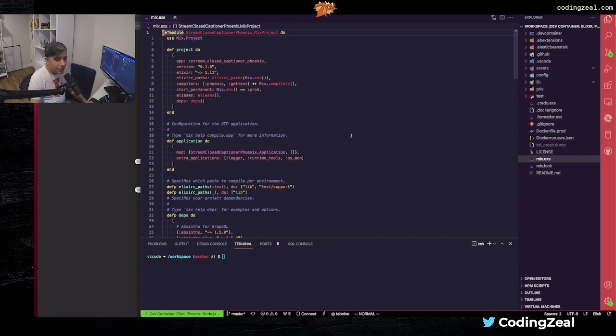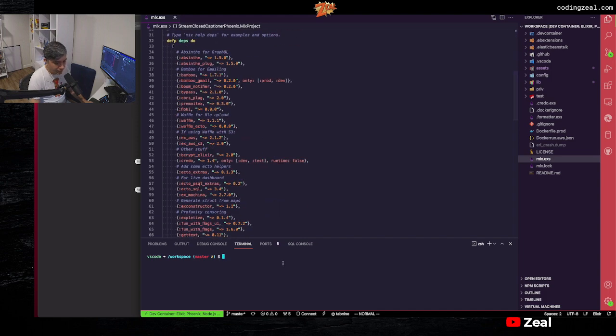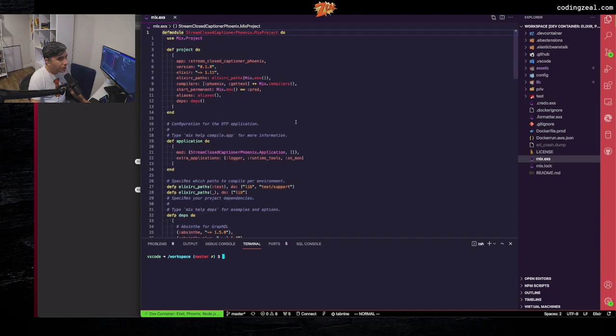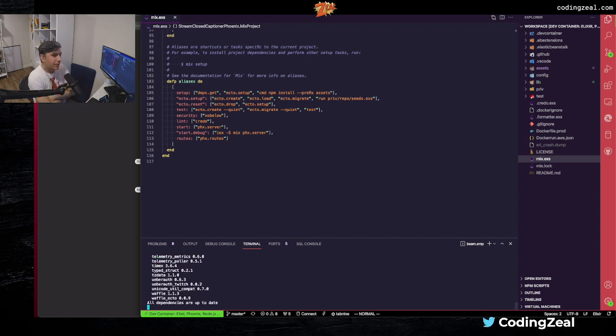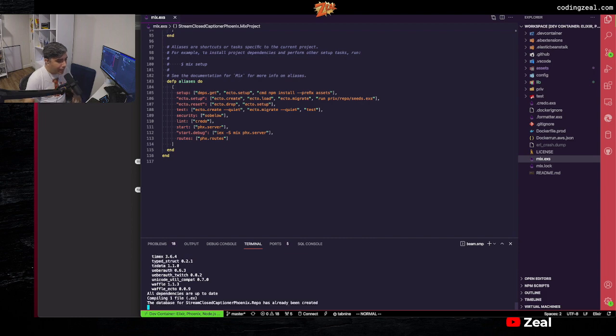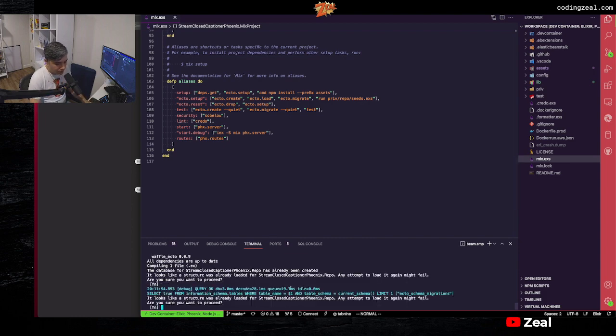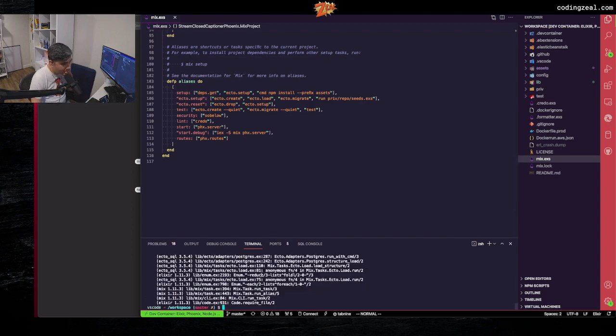So I'm pretty sure Docker might have wiped away a bunch of everything. So let me try running mix setup because we might need to rerun all the migrations and get the application set up if that's the case. It's going to have to compile everything, get everything set up, and then after that, we're also going to load in the